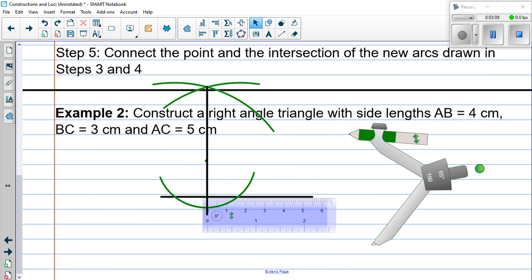Well, if we're constructing it, we don't care what the other links or the other angles are going to be. We could just use our ruler, and we could say, well, we have our line segment 4 centimeters long to that point, right? Oh no, I changed the size of my ruler, so I apologize. So the other thing we can do now